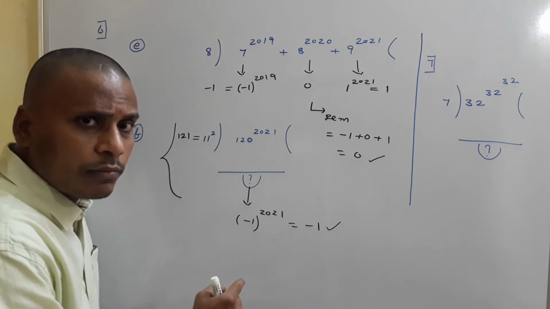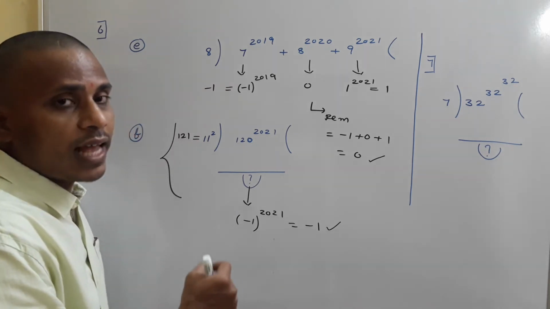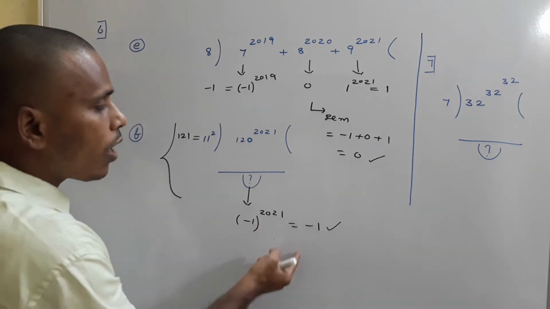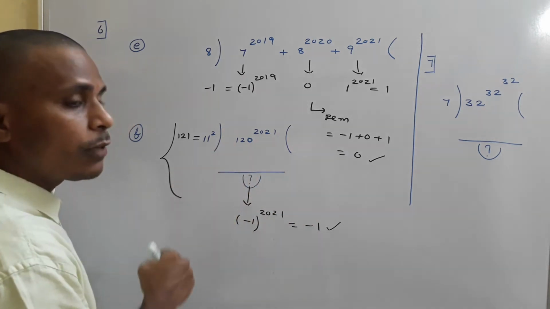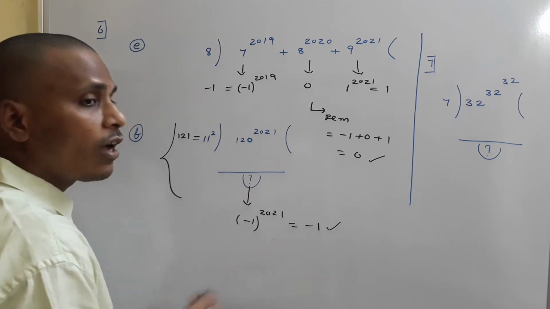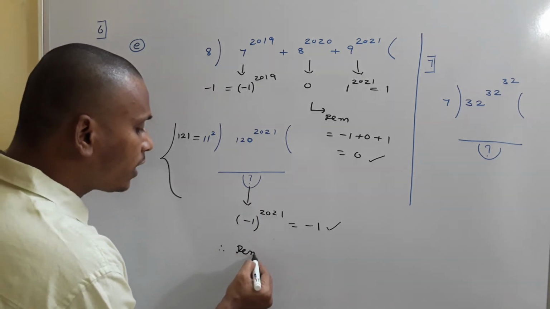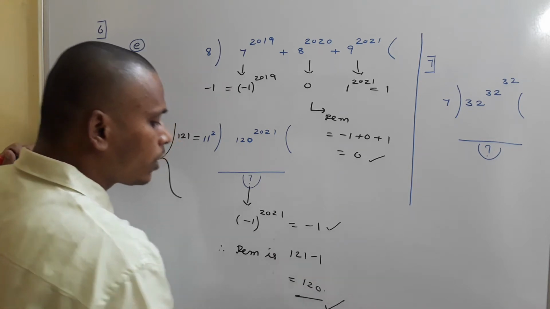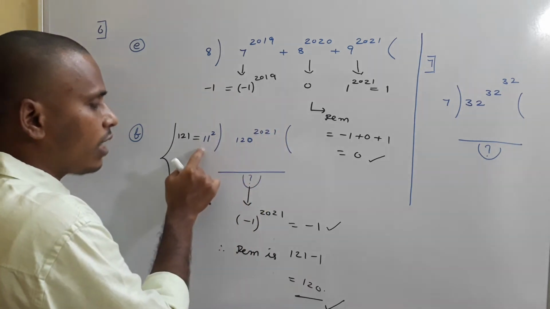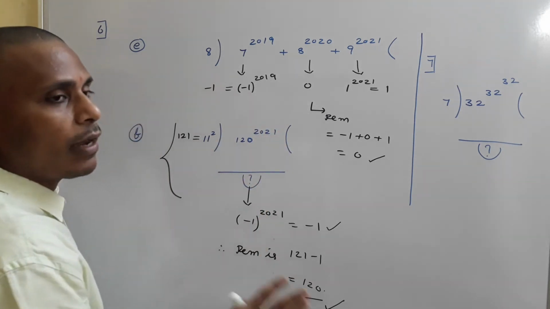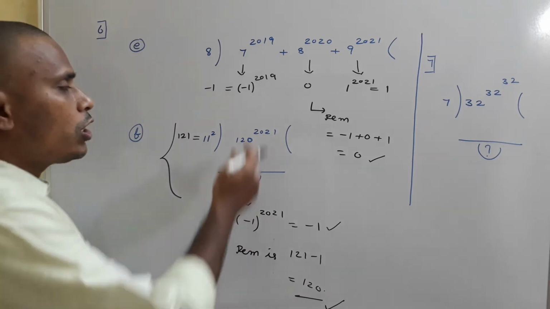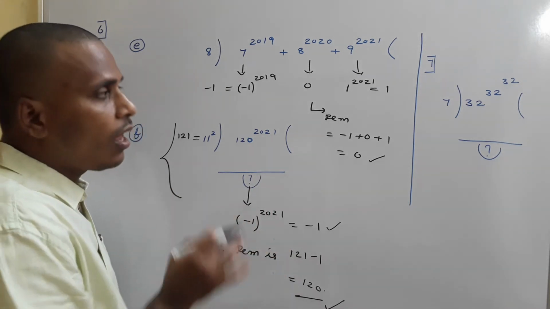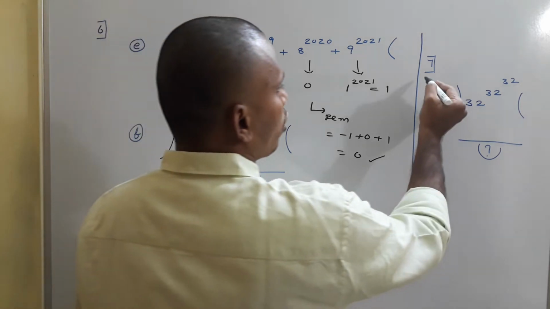See, the remainder is minus 1, but usually we mention only positive quantities as the remainder. Since the remainder is minus 1, what it means is that if you add 1 to the given number, it becomes a multiple of 121, so you need to subtract 1 from 121, and the final remainder is 120. If you divide this number with 11 square, you are left with 120 as the remainder. If you have any confusion, just revise your last class once again. Now I am going to start this class with a particular problem.